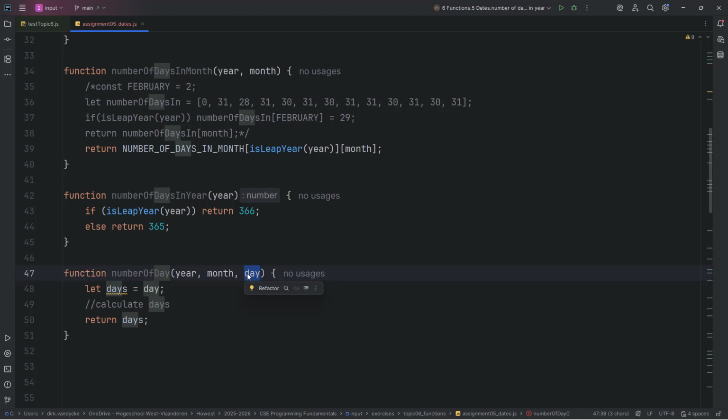Because if I'm looking at the 15th of, let's say, May, then I have already 15 days in May, and I must add to them all the days of the months before that. So January, February, March, and April, but not May, because for the 15th of May we already have 15 days calculated. Okay, so I must now use a for loop